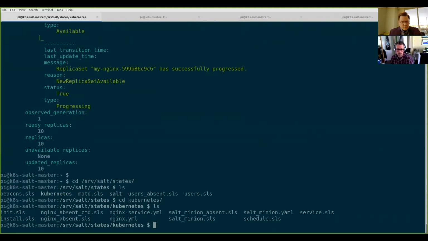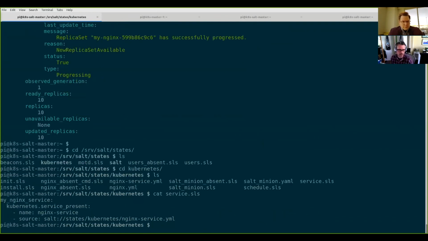There's an execution module function within the Kubernetes module to do that, but we're going to take a look at how you do that from a state file. So I have a state file here, which is running the Kubernetes present function within the Kubernetes state module. And I'm giving it a name of just nginx-service. The way that this one works is you actually reference a YAML file in the format that Kubernetes is expecting. So if I take a look at that YAML file,